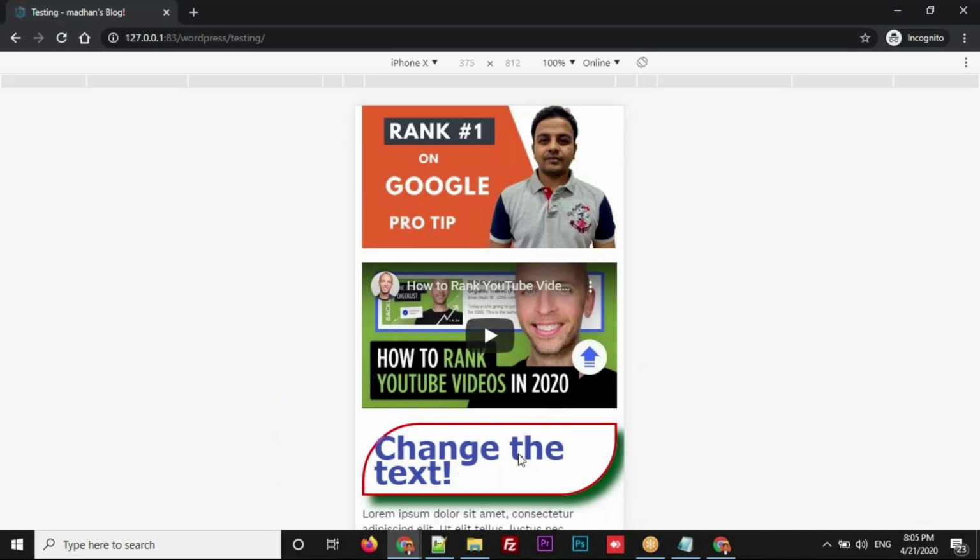This has occupied the full space and this text has gone down. This is what I'm talking about. And here, see, this is iPhone X. This is the developer console. You don't worry about this. Developers will use this to test it out, whatever website they have created, to make sure it opens on all the gadgets.